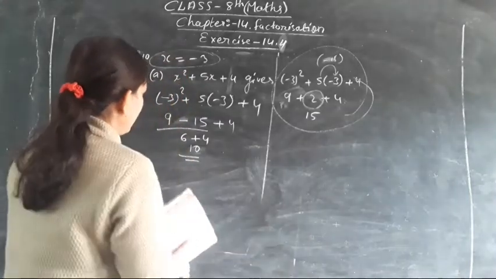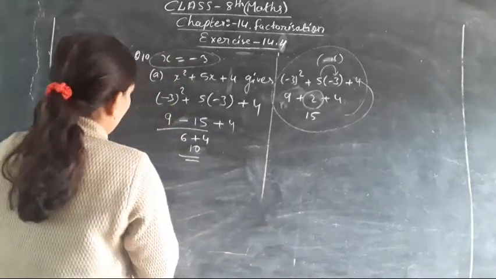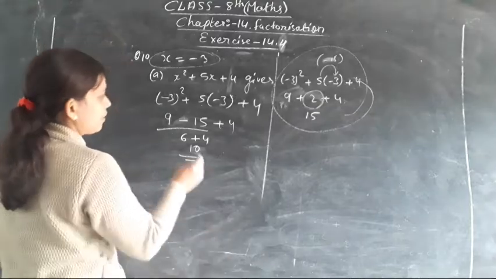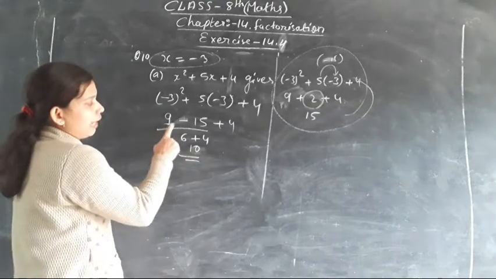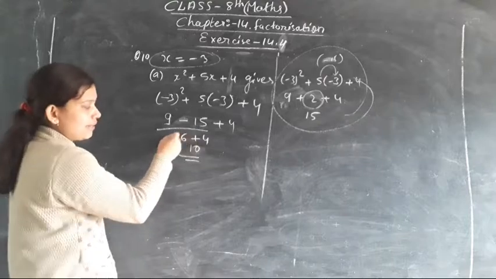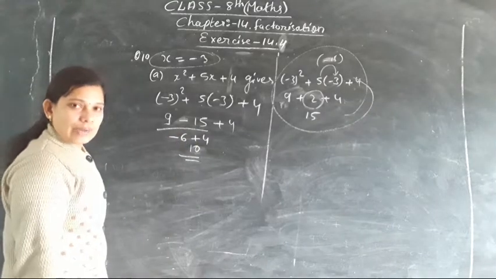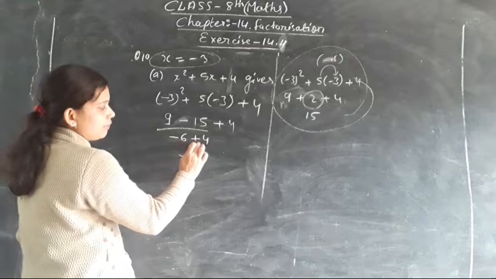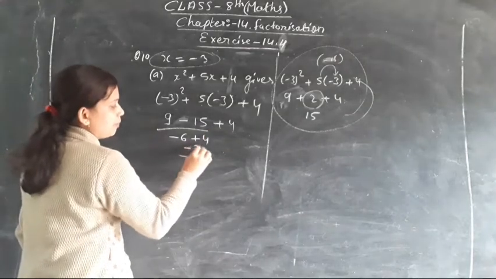Sorry, look, one mistake is being committed by me. 9 minus 15 is here, so as 15 is a greater number, the minus sign will be present over here. Minus will come, then minus and plus will be minus, so here it will be minus 2 as the answer.